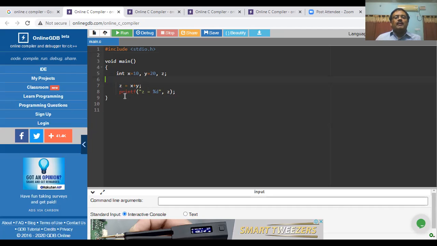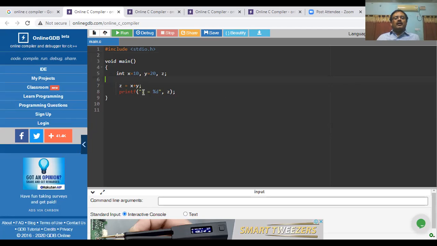Here, what is going to happen? From x the value 10 is taken, from y the value 20 is taken, both are added, and the result is stored in the memory location identified by the variable name z. Now I am printing with printf, %d, z.